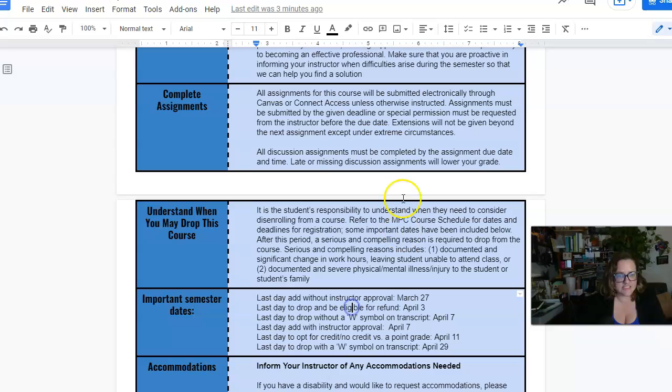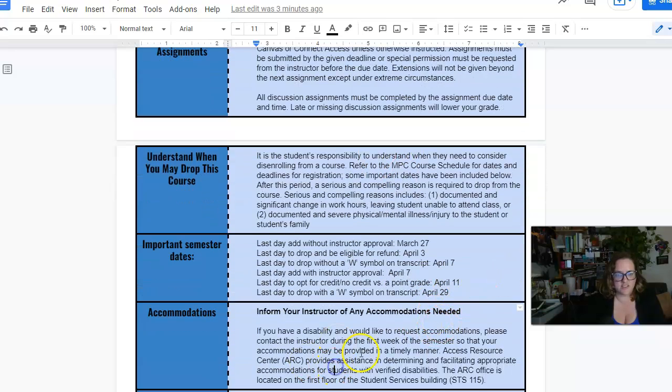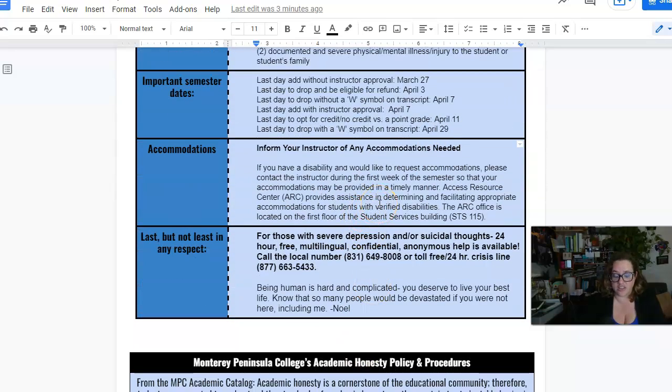Here are the dates for when you can drop things. If you have any accommodations, please make sure that the accommodations testing center reaches out to me. I'm all about those accommodations. I just need to have a record that you have them, so I know exactly what your accommodation is. Okay. And last but not least,